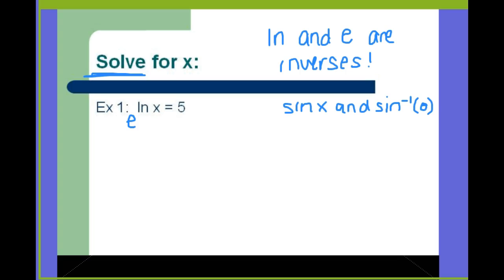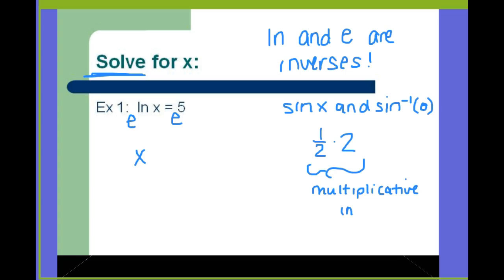So if I e both sides in example 1, e to the ln cancel because they're inverses. That's like saying 1/2 times 2. Those are known as multiplicative inverses from way back in the algebra days. So, e'ing both sides gives x equals e to the 5th, which is in fact my solution because e to the